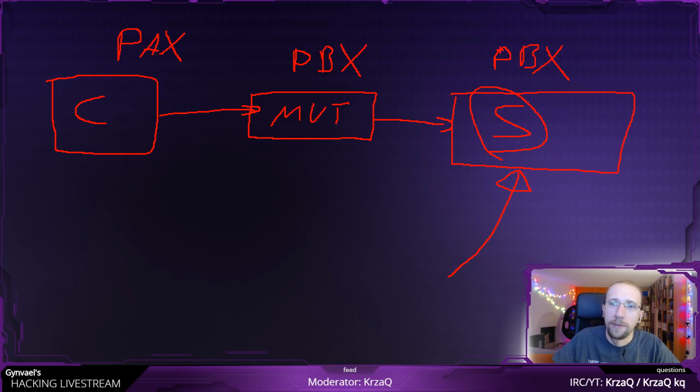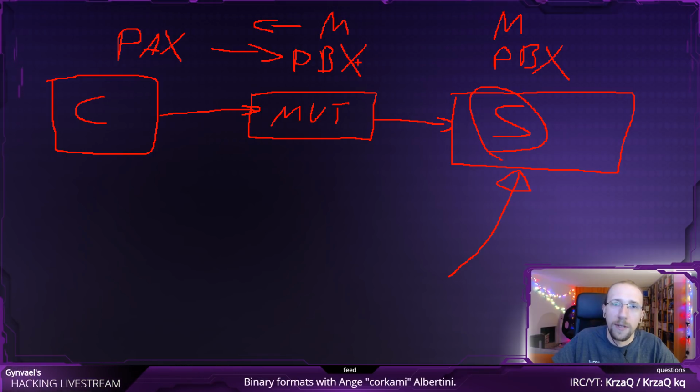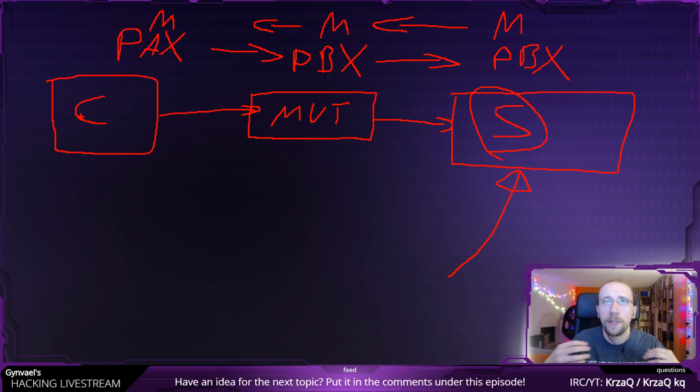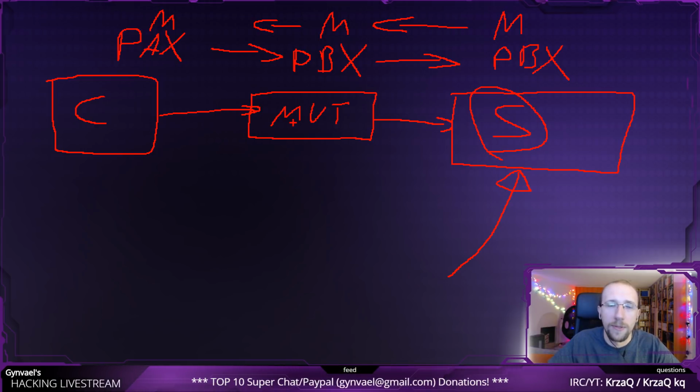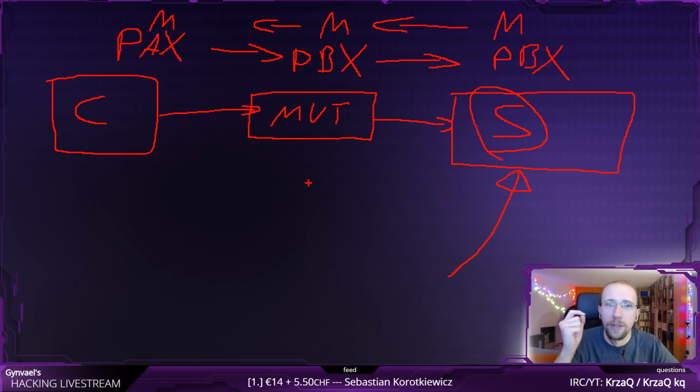Let's say it would reply with M letter, so the mutator gets the M letter. The mutator doesn't mutate anything on this side, because we are not fuzzing the client application. If we would like to fuzz the client application, we would obviously mutate this way instead of the other. So this is the most normal way you fuzz a network application. The problem here is that